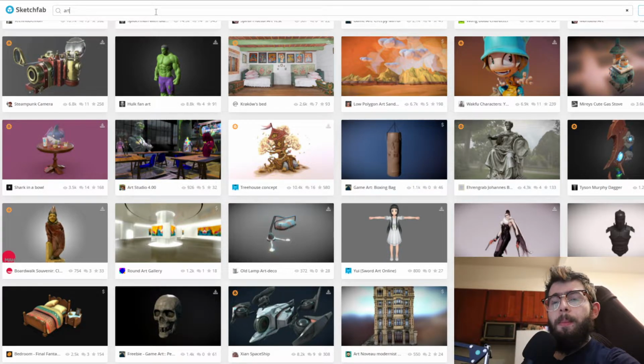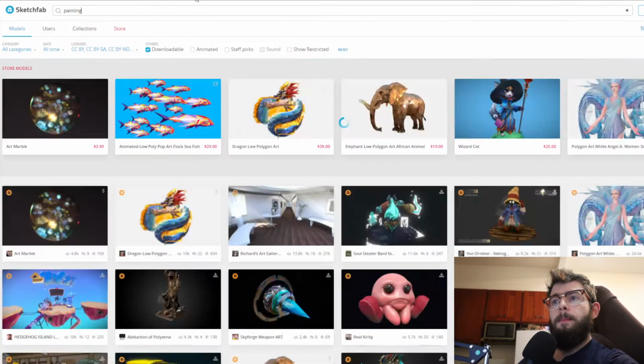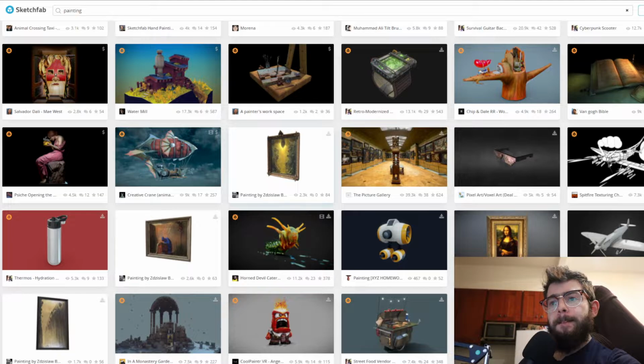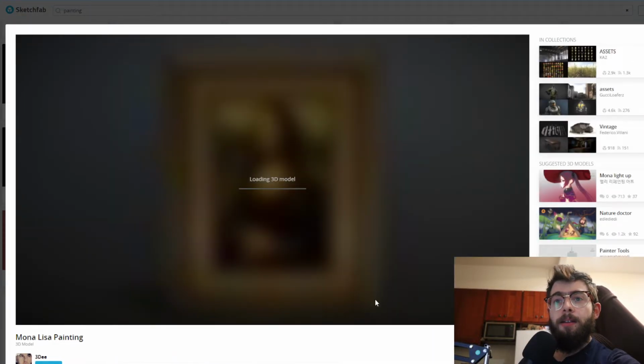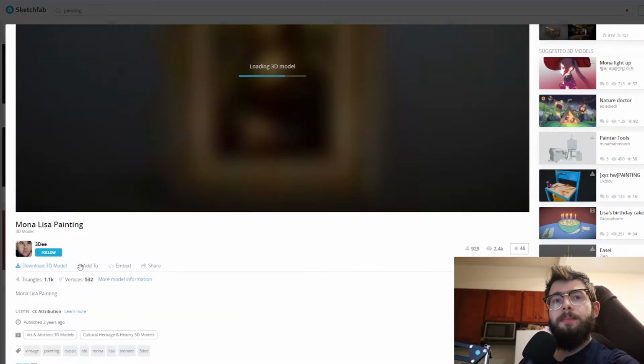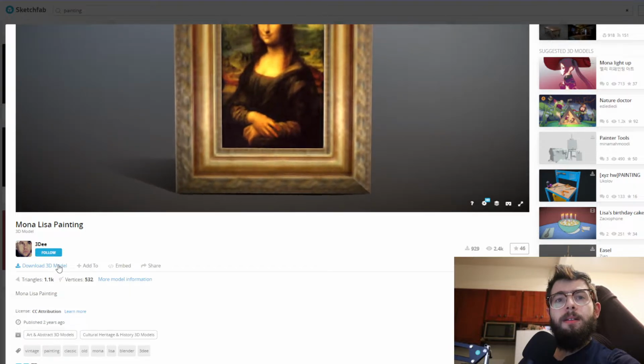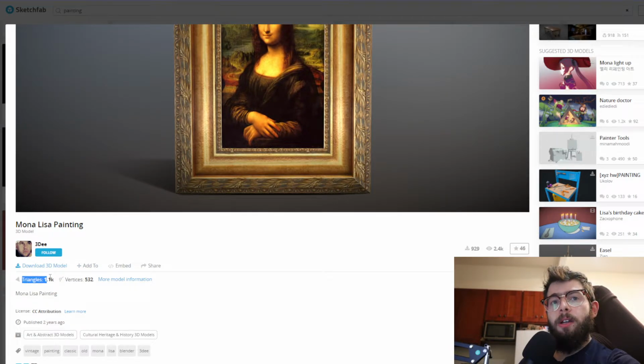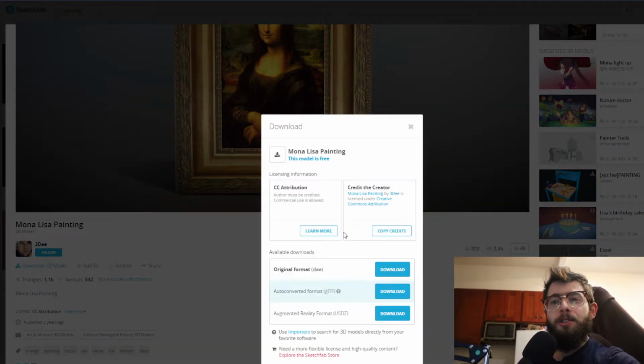All right, I'm actually going to search for just a painting. Perfect. This is the painting. All right. So it's also important to always look at the triangles and vertices, just because the more triangles you have, the more triangles are going to be in your scene, and it has the higher potential to slow it down. So I'm going to download this in GLTF,